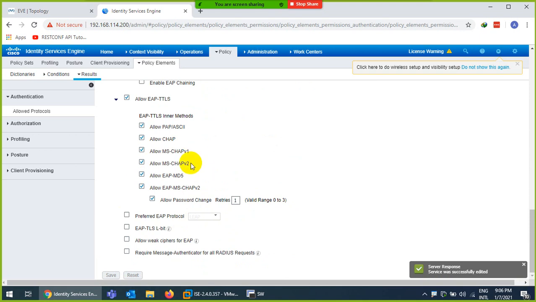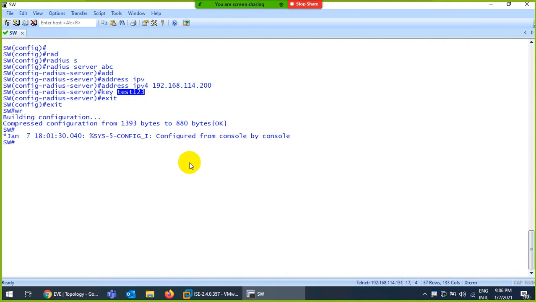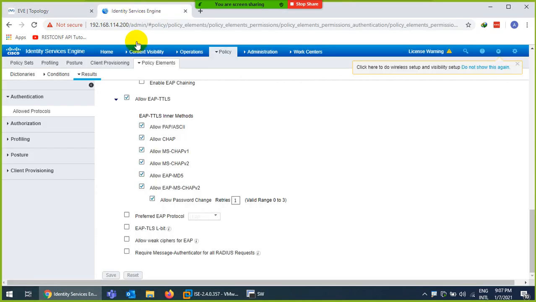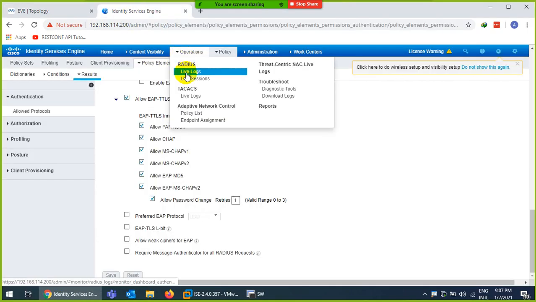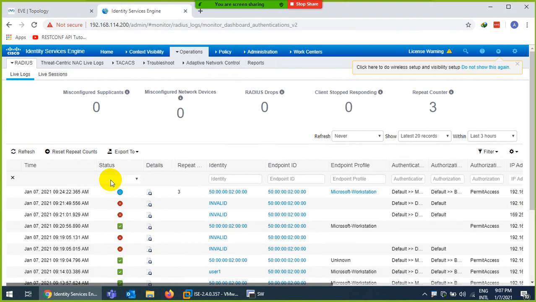Done. This is the Cisco ISE side. Now I need to go to this PC to authenticate them, but before authentication, let me enable debug AAA authentication. How will they authenticate? And I will go to Cisco ISE and go to RADIUS logs so that I can see the logs here.